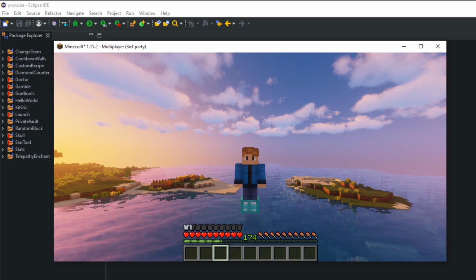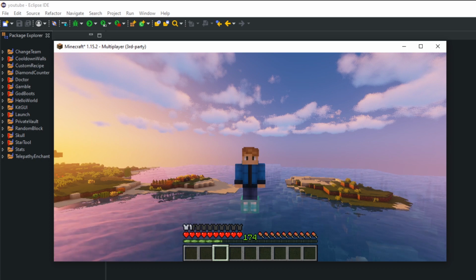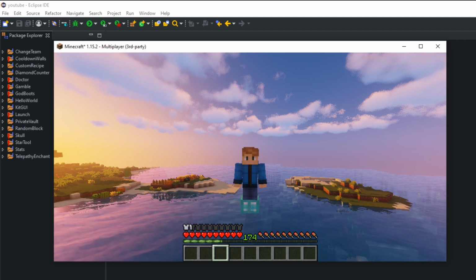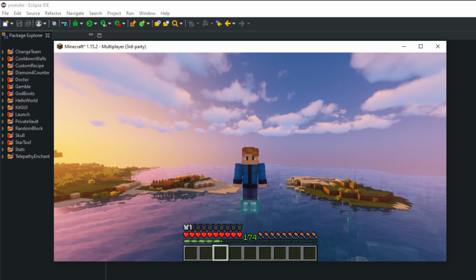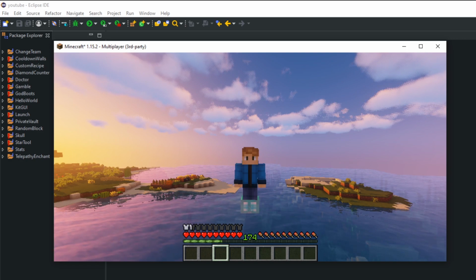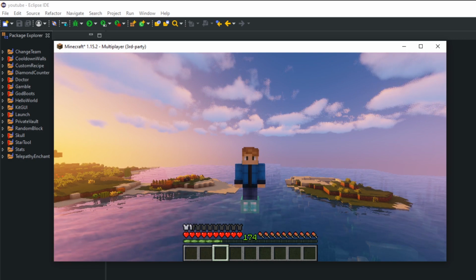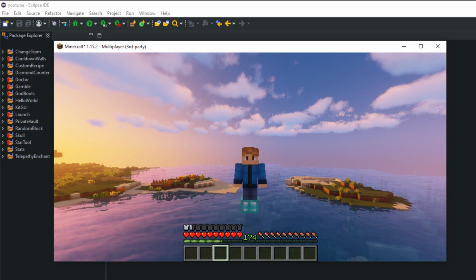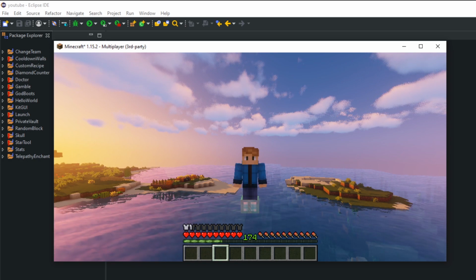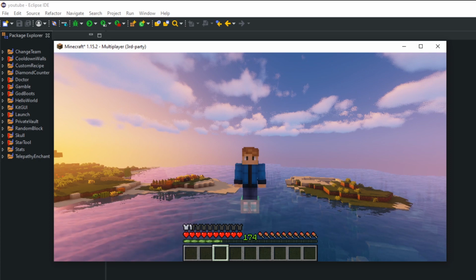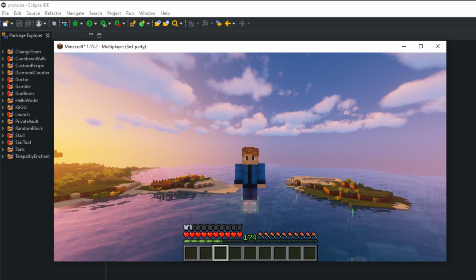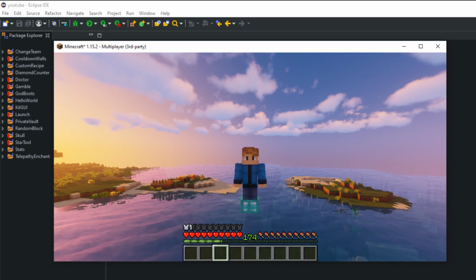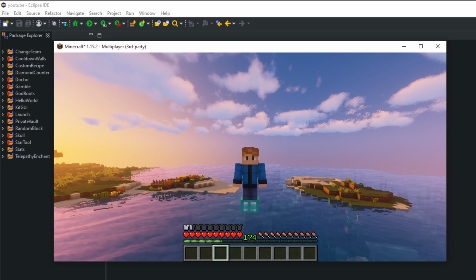Today we are talking about packets and NMS. So what the heck are those two things I just mentioned? Basically, they're things in Bukkit in Java that we can do to create a Spigot plugin that the Spigot API does not have. That is stuff like tab list. Tab list is one of the huge things. It's not in the Spigot API, but it deals with packets. We can send information. And packets are information sent either from the player to the server or from the server to the player.